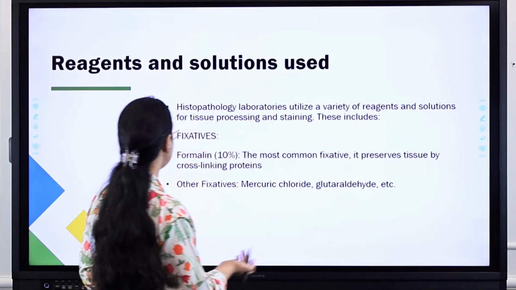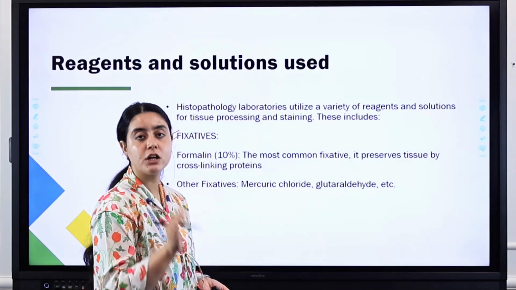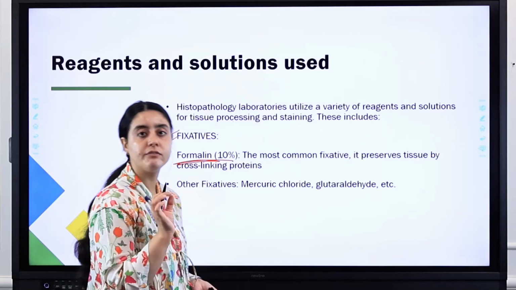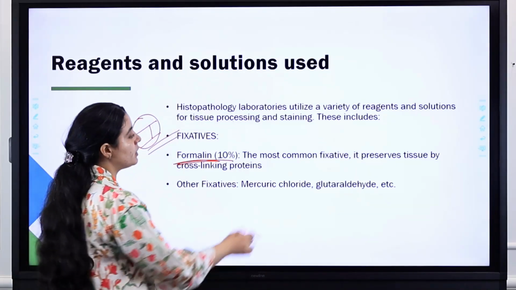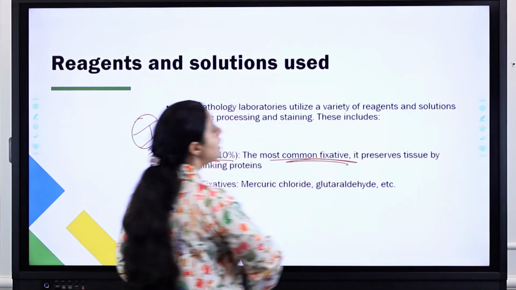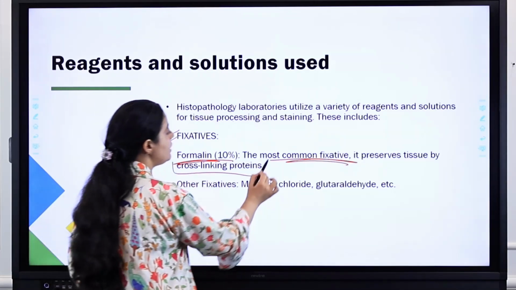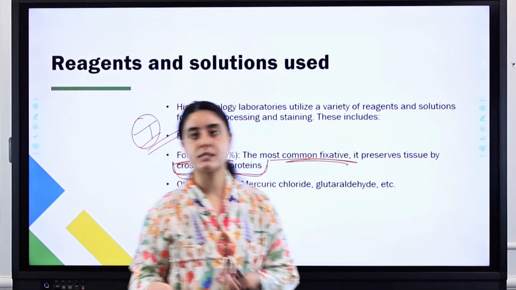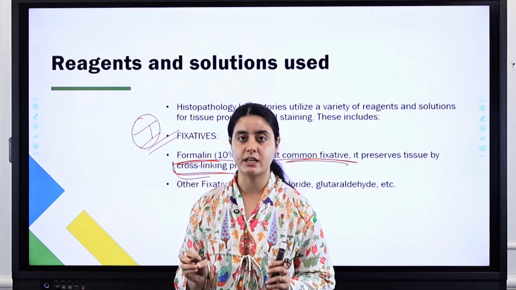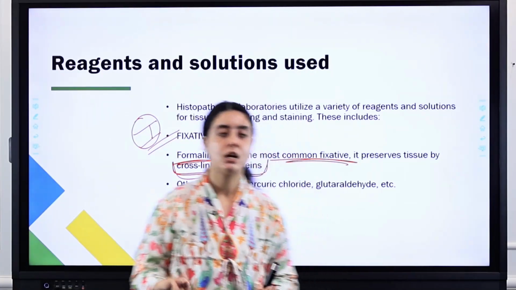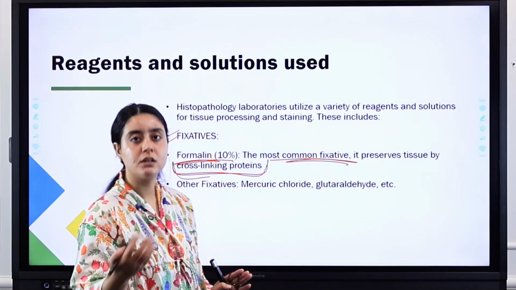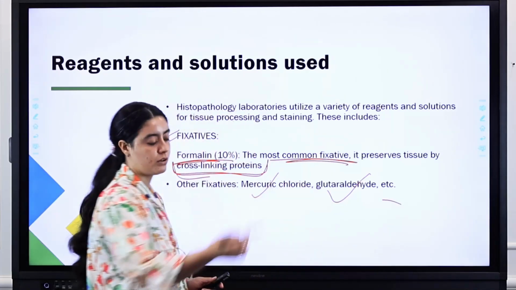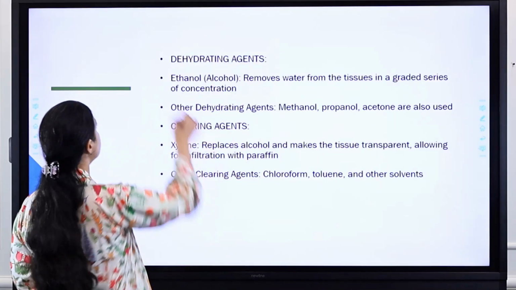So the fixative which is used very commonly is formalin. 10% formaldehyde is the most common fixative in the histopathology lab. It preserves tissues by cross-linking proteins. We have other fixatives also, but formalin or 10% formaldehyde is what we use on a routine basis. Other than formalin, we have other fixatives also like mercuric chloride, glutaraldehyde, and so on. Now next we have